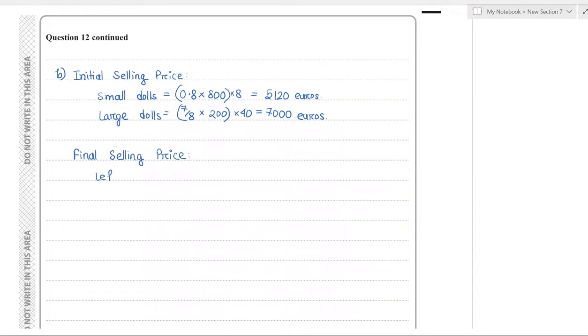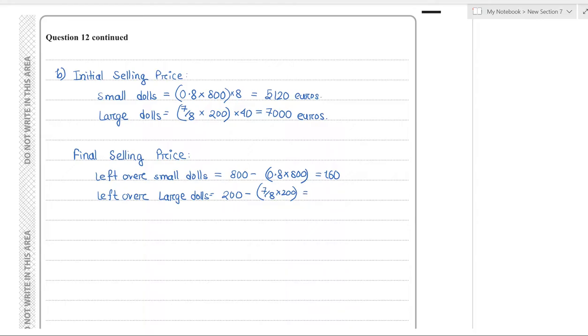So leftover small dolls are 800 minus 0.8 into 800. You have 160 small dolls left over, and leftover large dolls are 200 minus 7 by 8 into 200. So you have